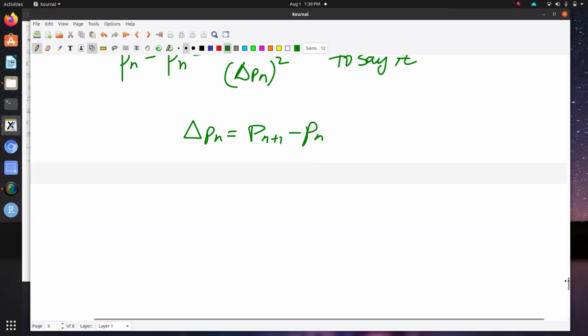And what does it mean, del squared? Instead of actually squaring a del, what we're saying is, if we want to square a del, we're actually saying del,